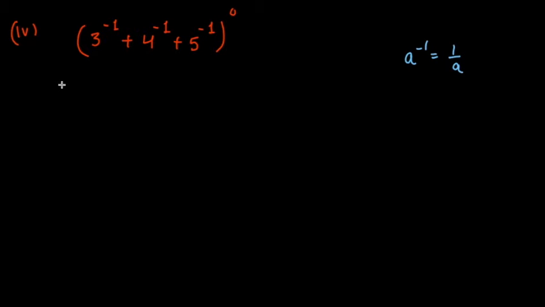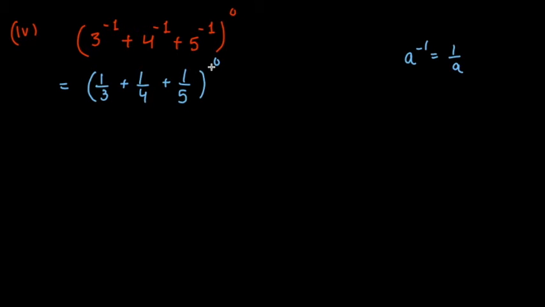Let's see the fourth part of the question, which is 3 inverse plus 4 inverse plus 5 inverse raised to the power 0. Now we know anything to the power 0 is 1. But as per the BODMAS rule, we will first open the brackets. Let's see, we have a inverse is 1 upon a. So this can be written as 1 upon 3 plus 1 upon 4 plus 1 upon 5 raised to the